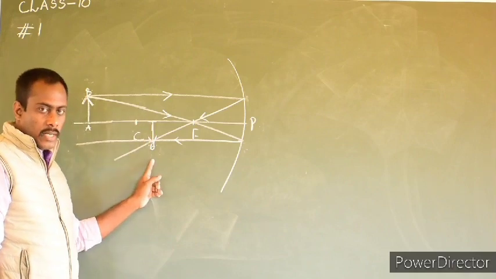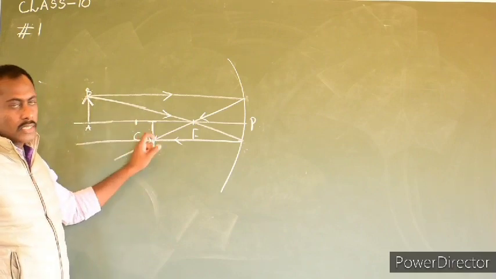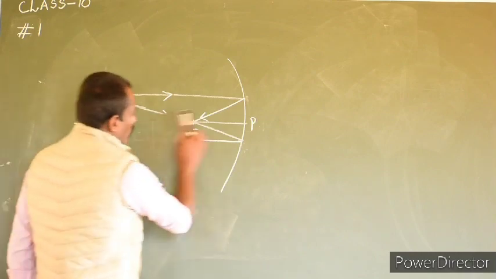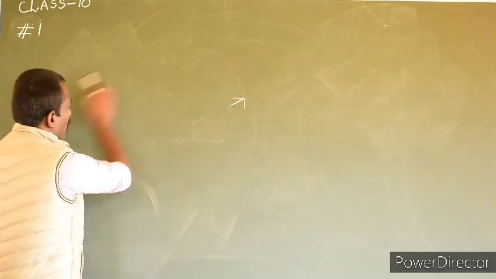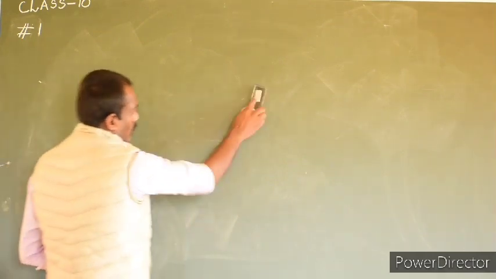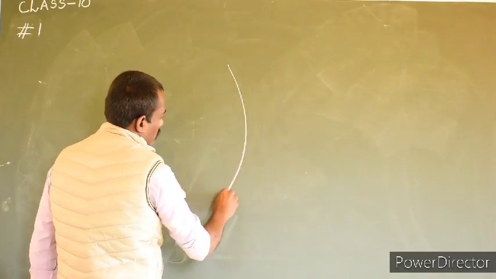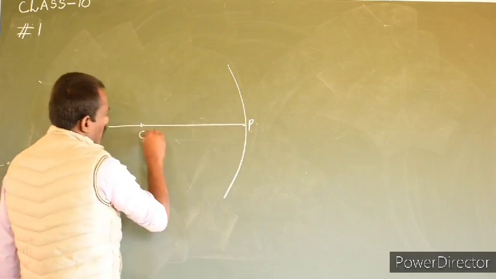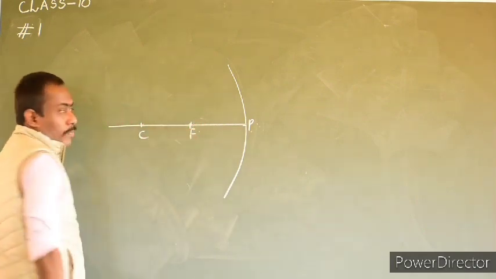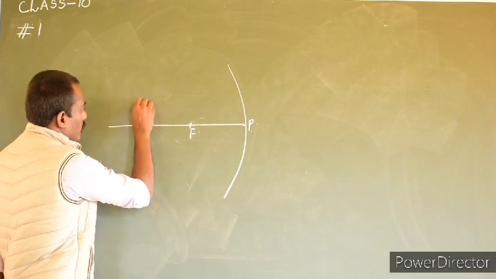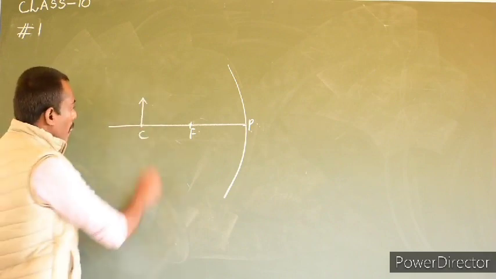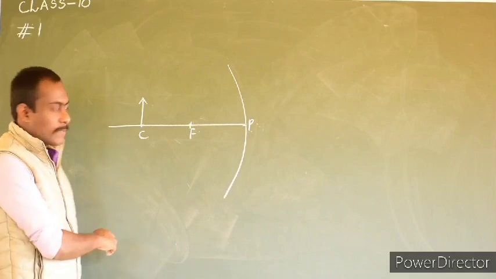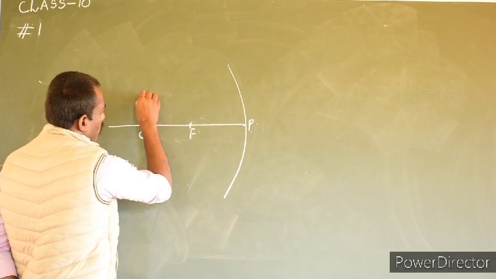So it is a real image, and the size of the image is smaller than the object. Then next, when the object is kept at C, now the position of the object is at C. Okay. Now the same way as we did in the previous case, we consider an incident ray which is parallel